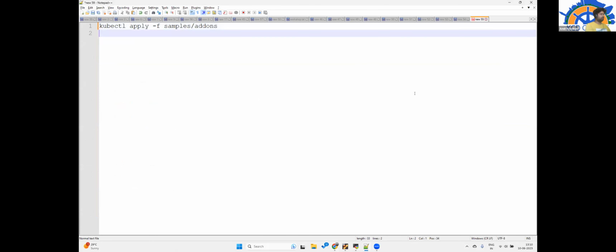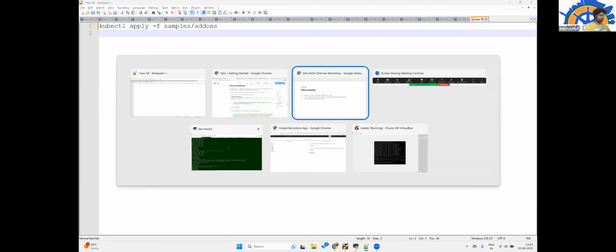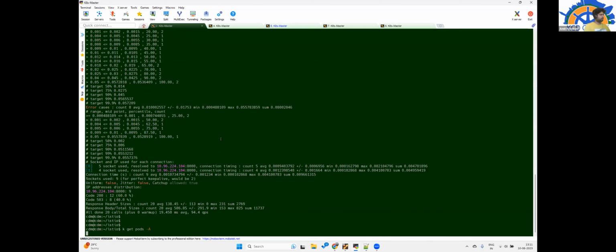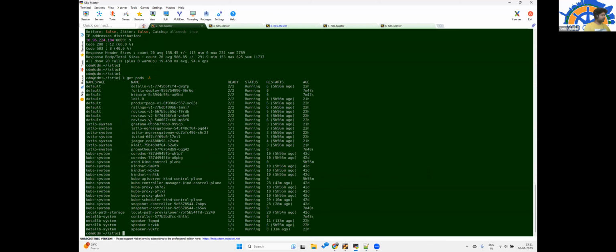If you apply the sample add-ons, it would deploy the Grafana workload, Prometheus workload, Jaeger workload, and Kiali workload. So basically, Prometheus and Grafana are for metric collection. This is for collection, scraping basically, and this is for the visualization.